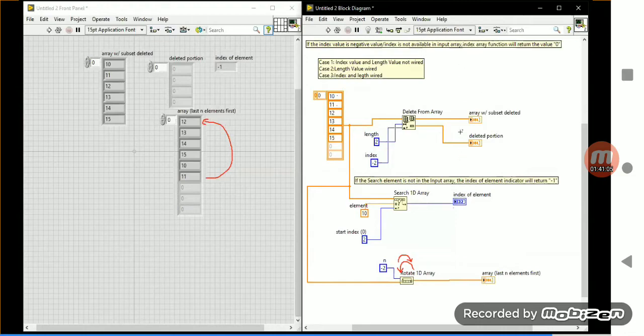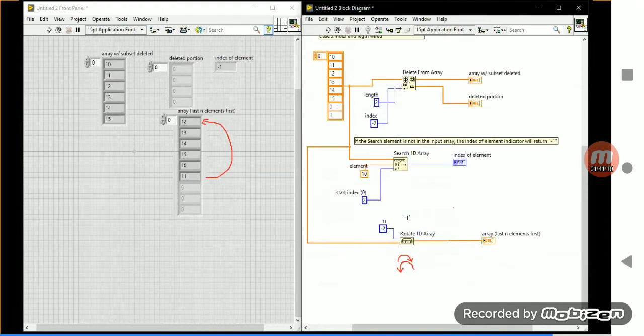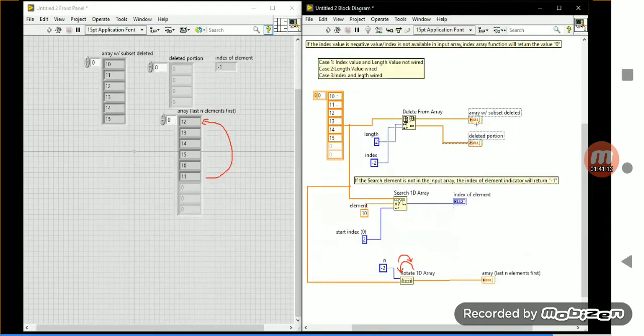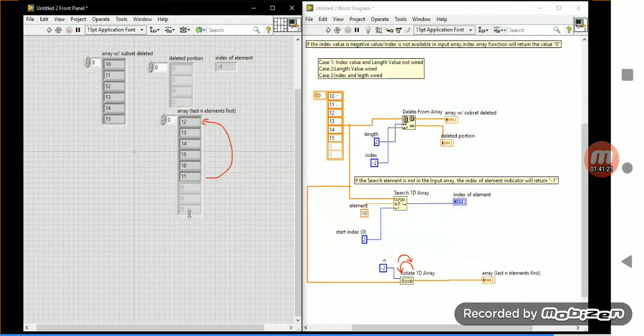And the combinations, kindly note down these combinations. Let me write it this side. So this statement is not possible. You can make an array of cluster. Array of cluster means an array will be available, and in that array I am going to put the cluster. This combination is possible. Array of cluster.